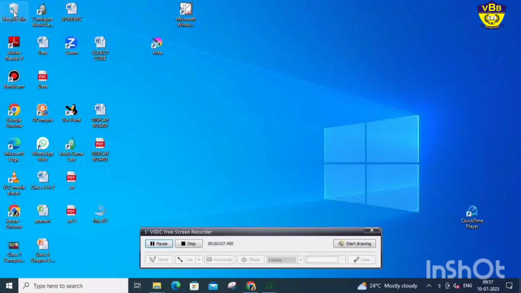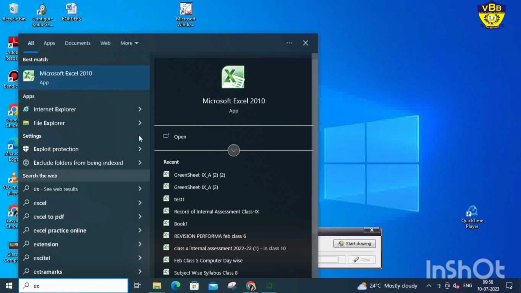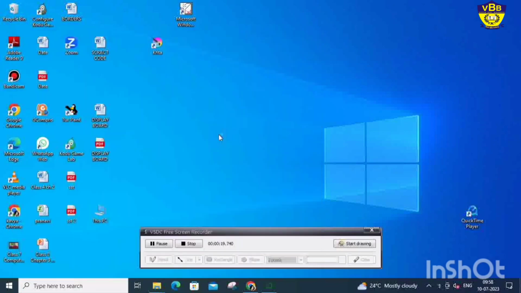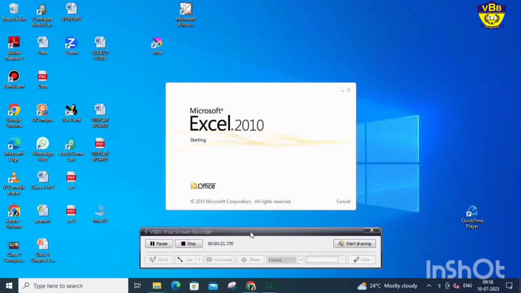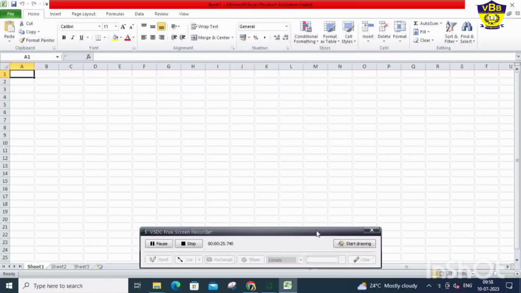So in the advanced features of Excel, basically we are going to see what is the meaning of formatting data in a worksheet. To do the formatting of data in a worksheet, first we need to open Excel. So we are typing here and we need to click on open. Excel will open and there are so many options to do the formatting of data.